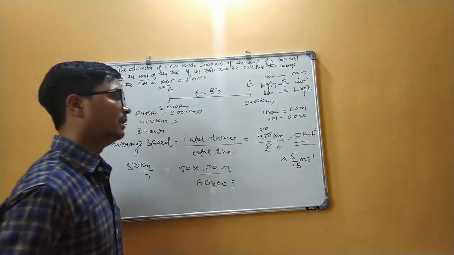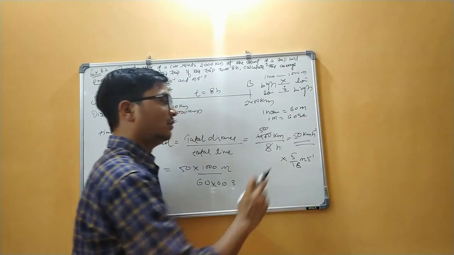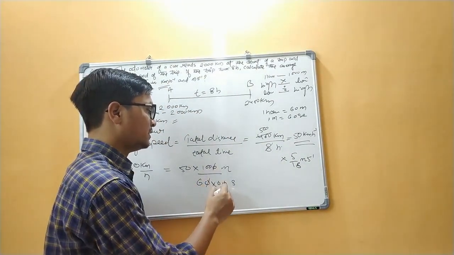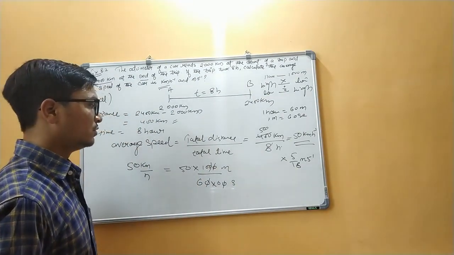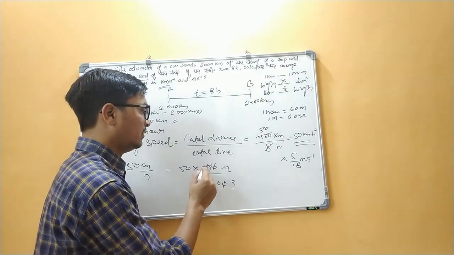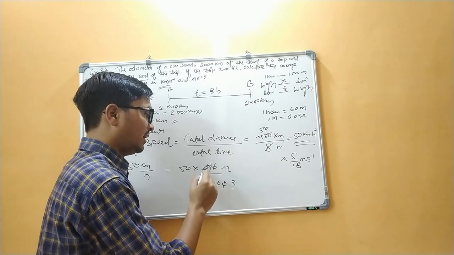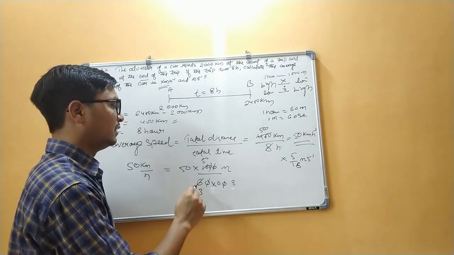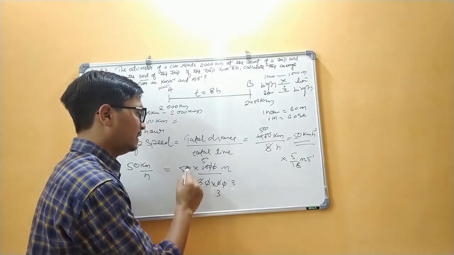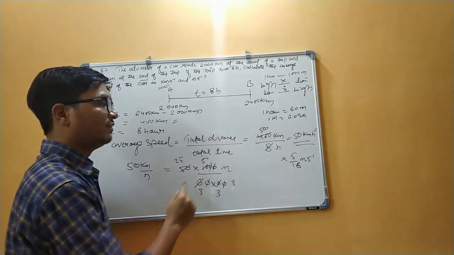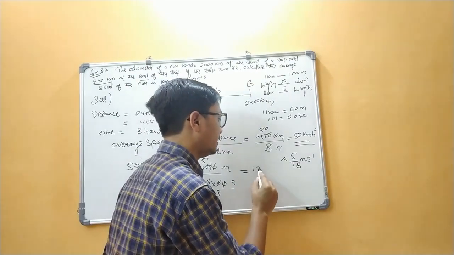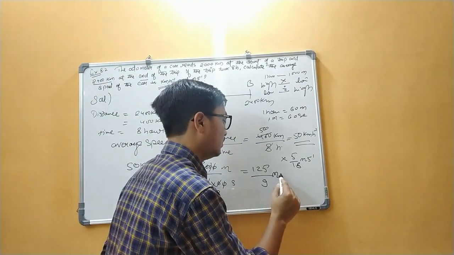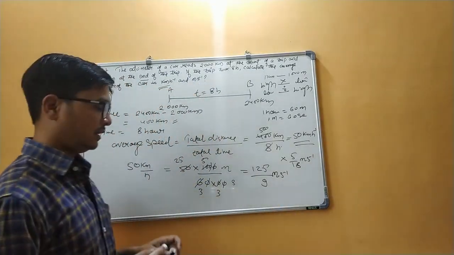I will show you how we solve it by 5 upon 18 meters per second. So here 0 to 0 cut, 0 to 0 cut. Understood? Again it will be cut by 2, cut by 5 and then 3. Understand? Again it will be cut by 2, 2 threes are 6 and 2 twenty-fives are 50, and 25 fives are 125. So 125 upon 9 meters per second. Understand?